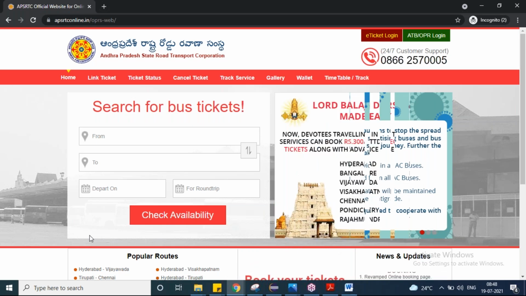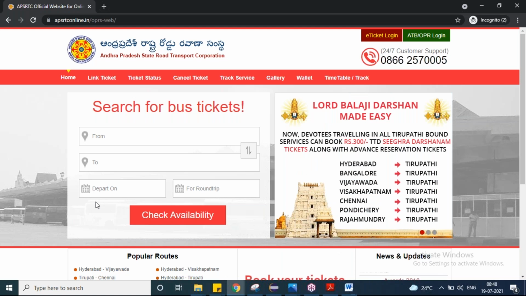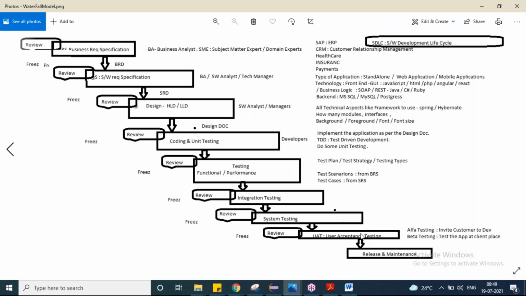Or performance also will be there, meaning at a time if a number of people are logged into the system, n number of people, say a thousand or 2000 people, trying to do something on the application, we have to analyze how it is behaving, meaning how much time it is taking to give the response. If one person logs in, it may give the response within milliseconds, but if many people log in, how much time is it taking to give the response? That kind of analysis you have to do. That is called performance testing.